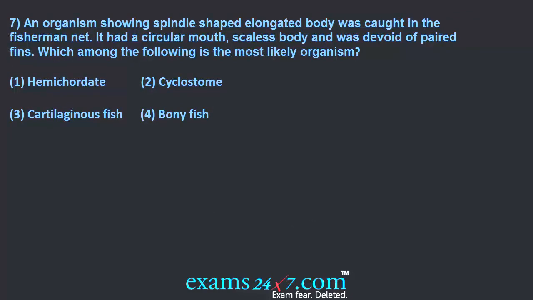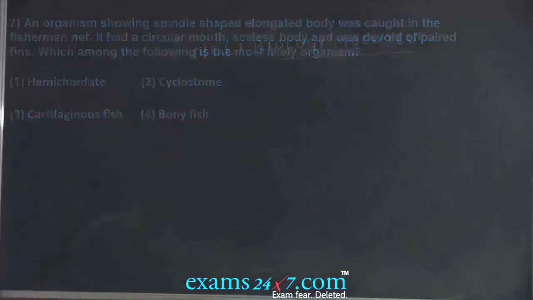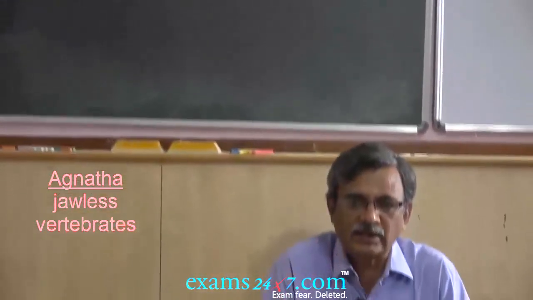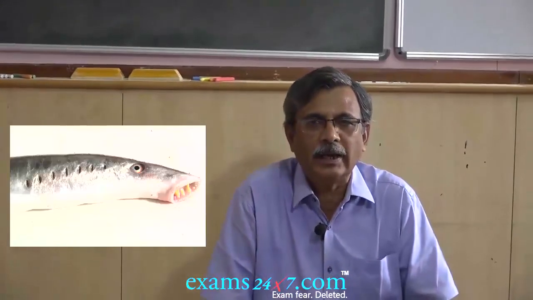Question number 7. An organism showing a spindle-shaped elongated body was caught in the fisherman's net. That means this must be an aquatic animal which has a spindle-shaped body. And second, it had a circular mouth. That is an important word we have to underline. Scaleless body and devoid of paired fins. Circular mouth, devoid of paired fins, no scales. That means they must be